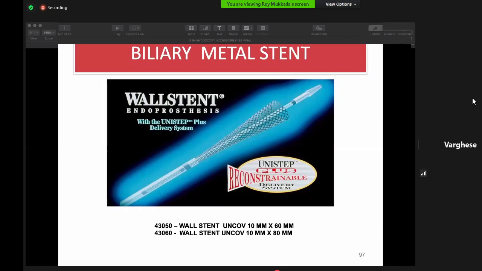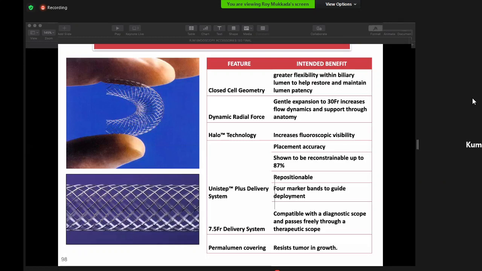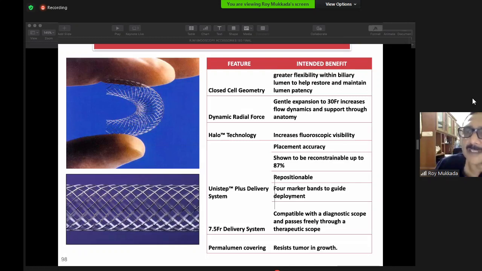Okay, over to Dr. Roy. So this is all about this. What is the advantage of a covered versus a non-covered metal stent in a malignant lesion? Suppose you put an uncovered stent and a covered stent. What is the advantage of the two? One, you said that if it's uncovered, you prevent the cystic duct block. Yes, sir. So if it is covered, what is the advantage? Sir, covered will have less chance of migration, and epithelialization will be more in uncovered stents, sir.